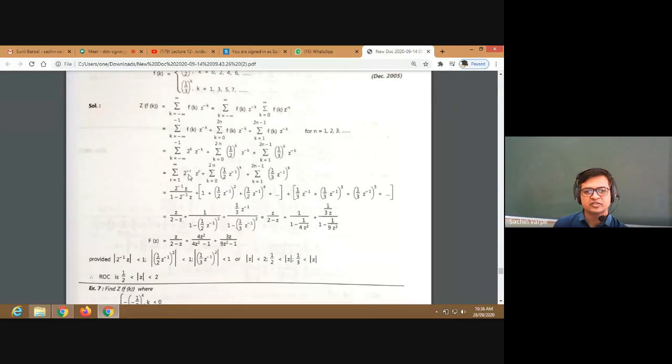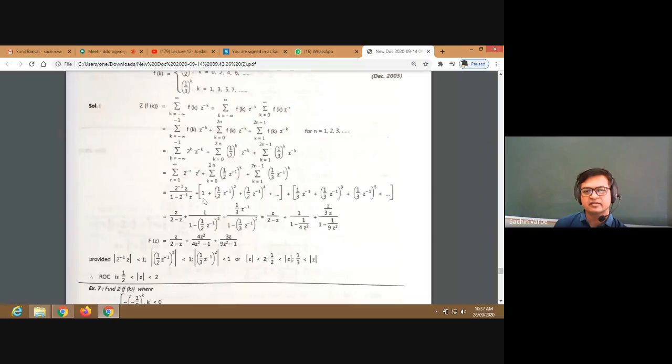So the first one is easy, that will be a geometric series. What about the second? Will it be a geometric series? Yes. It will be a geometric series with a common ratio 1 by 2 z raised to minus 1, whole square, right? This will be a geometric series. Again, this will also be a geometric series with the common ratio 1 by 3 z raised to minus 1, whole square. Am I right? Both will be geometric series. I think all will be geometric series and they will converge in their ROCs. Please ask if any doubt with this step.